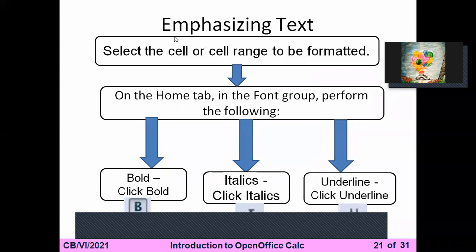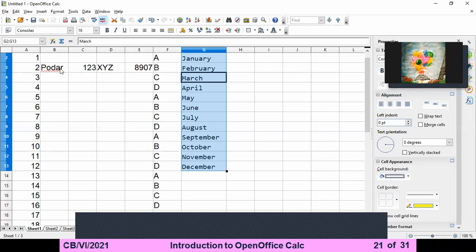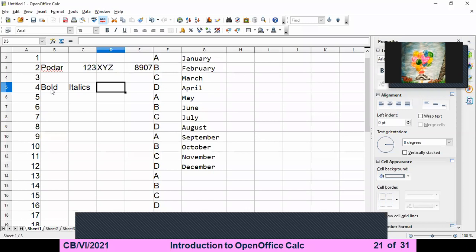So what is the meaning of emphasizing the text? You have to do formatting on the text like bold, italics and underline. You also learned that in the previous one, in Word, in Writer, and in Notepad also. So let's see the demo for that. For example, I am doing that thing. First, I am doing bold, writing here the word bold only, so it will be easy to identify which operation we are doing. Italics and the underline.